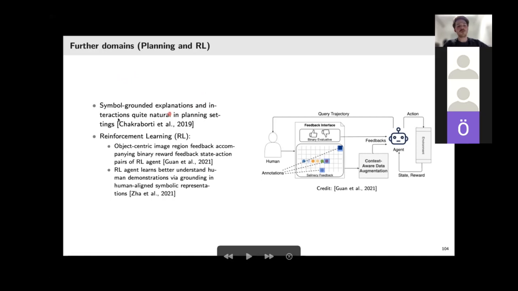But there's also some recent work in the reinforcement learning domain. For example, in the work of Bonnet et al., a human user can give feedback to proposed state-action pairs by a reinforcement learning agent in two ways. One is binary feedback, saying yes, this is good or bad, so reward or penalty, but also in the form of explanatory object-centric image regions, marking which are important or not important